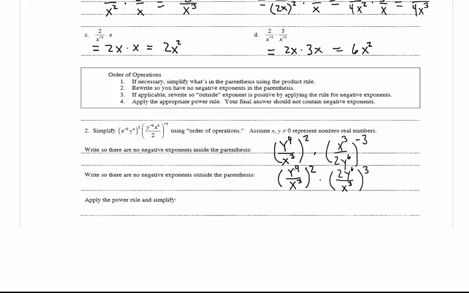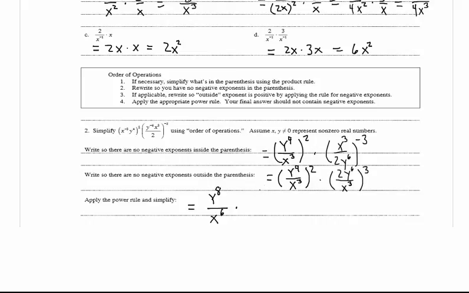So here we have y to the 4th squared, and we can write that as y to the 8th. When we use the power rule and we have a base raised to an exponent and that exponent raised to an exponent, we're going to multiply the exponents. So we have y to the 8th over, now we have x cubed squared, so we have x to the 6th, times